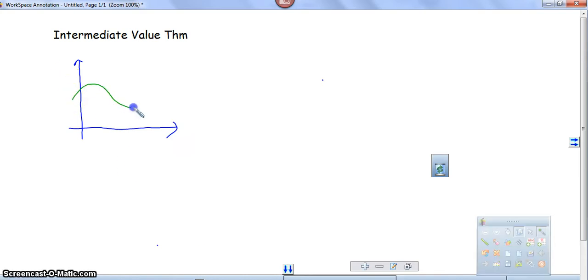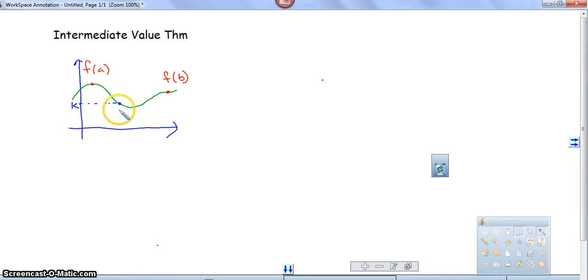I got some function. There's my pretty function. And on this function I have this point here. I'm going to call this f of a, so some y value, and then I have another y value, f of b. And what they're saying in the intermediate value theorem, and you're reading this before this video, so you've already noticed this, it says if f of x is continuous, which mine is, no holes, no asymptotes, and k is between f of a and f of b, so somewhere in here you have a k value, we'll call this value k,